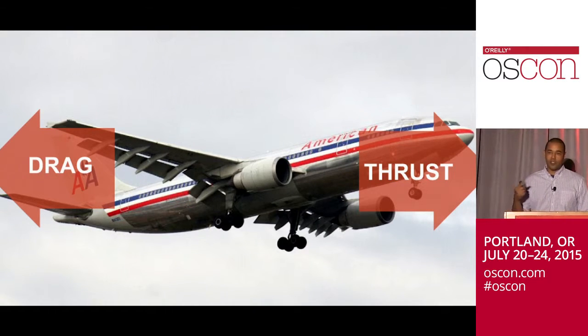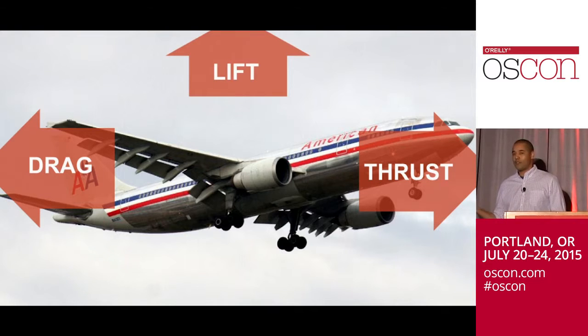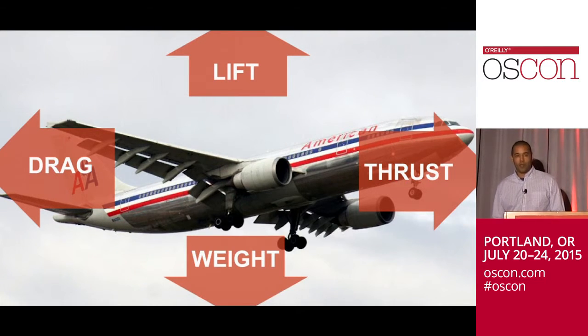As air flows faster and faster over the wings, the Bernoulli effect takes place, which creates a low pressure zone over the wings and provides lift, which lifts the plane up. To take off, you have to have enough lift to counteract a fourth force, which is weight. So these four forces are constantly at play to allow a plane to fly and keep it in the air.